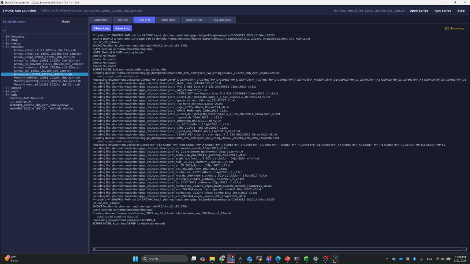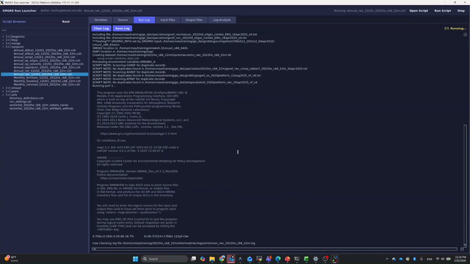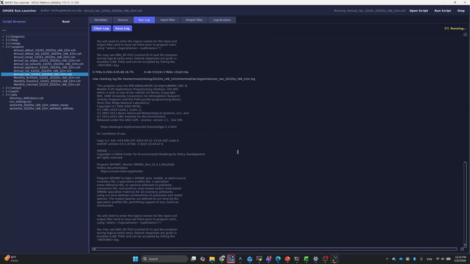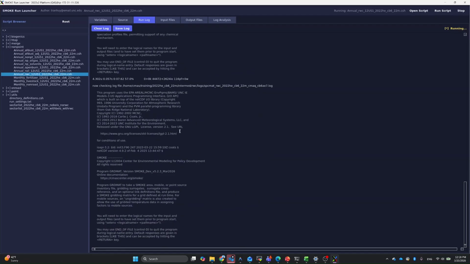So now it gives me the run logs. It gives us the interactive output from the run script, as if we are running it from the command line interface. It's briefly the information of the status of the run script, what SMK core programs are being run. So we can leave it at ease, and now if we look into the input file,